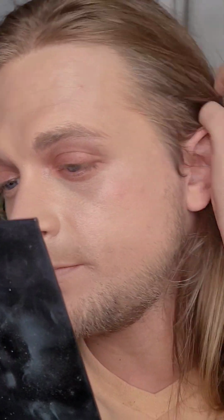Also, it doesn't have very good coverage. CC creams are not BB creams. BB creams are supposed to be light coverage. CC creams are supposed to be concealers, like concealer condensed coverage. So if you're going to use this product, which I'm going to go ahead and try right now,